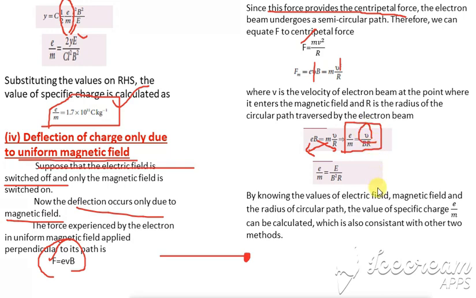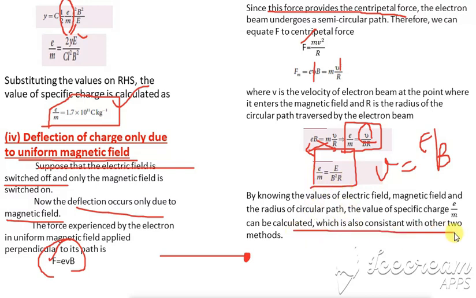In the same way, substituting the value of v, v is equal to what? E divided by B, is it not? And so substituting that value here, we get E divided by B square into r. Here also, if you substitute the values of all these terms, we get the value of e by m. So we can say that this value of e by m is always a constant value, whatever we change, either with an electric or with a magnetic field. Okay, clear with this? Thank you.